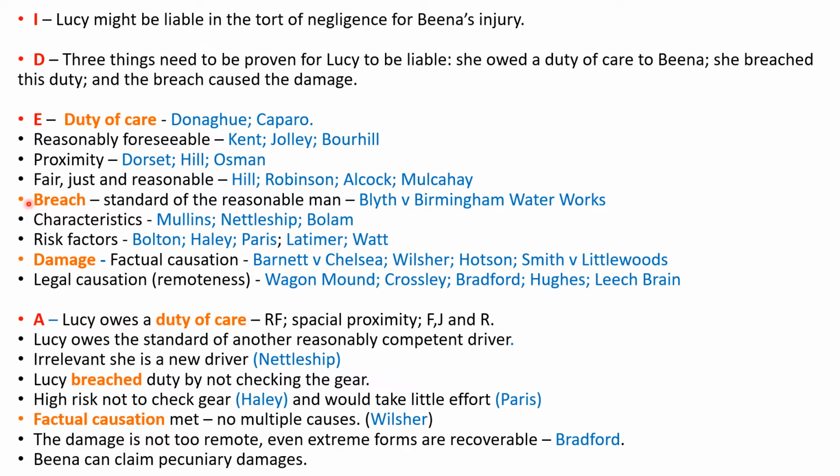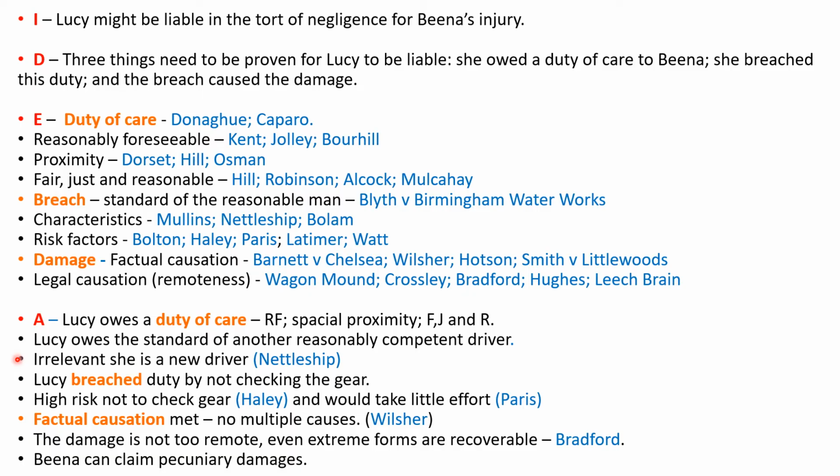And you will get on to talking about breach, whether it can be said that Lucy's breached her duty. And we always start off with the standard of the reasonable man, Blyth v Birmingham Waterworks. But Lucy's going to argue, oh, well, I've not been driving long, I've only just passed. However, we're going to apply the case of Nettleship v Weston here and say that it's actually irrelevant that Lucy's a new driver. She's going to be expected to reach the same level of competence as an experienced driver,